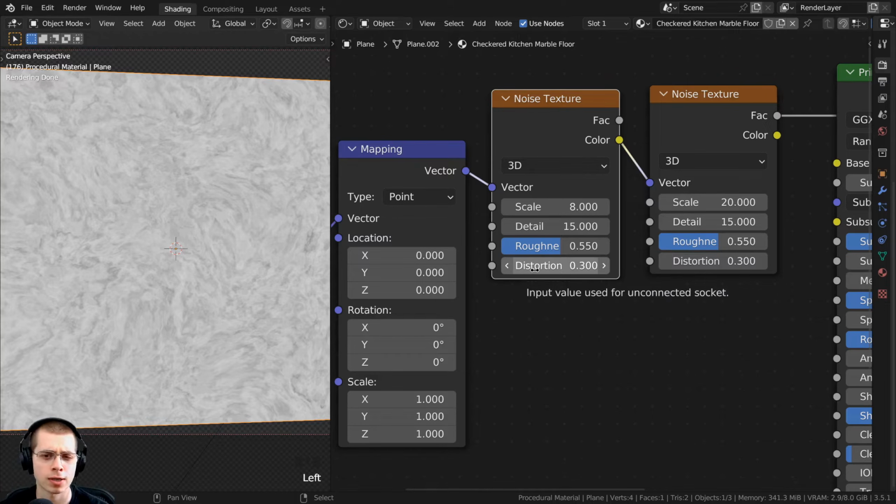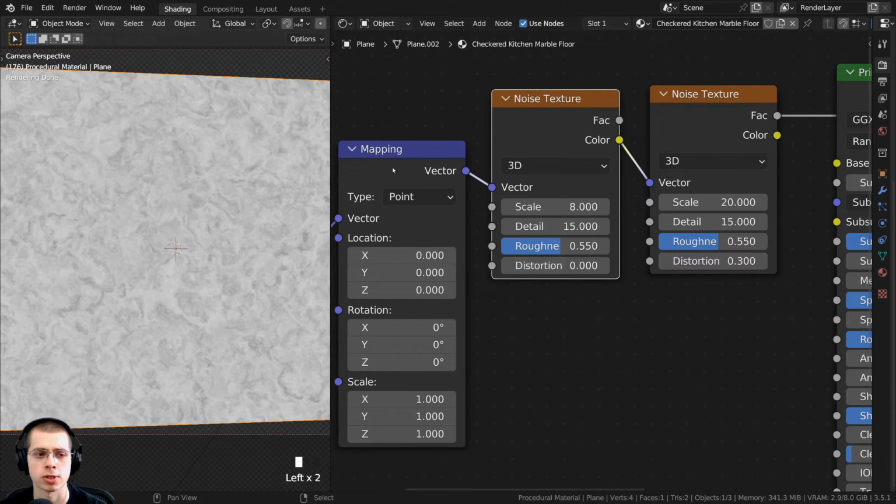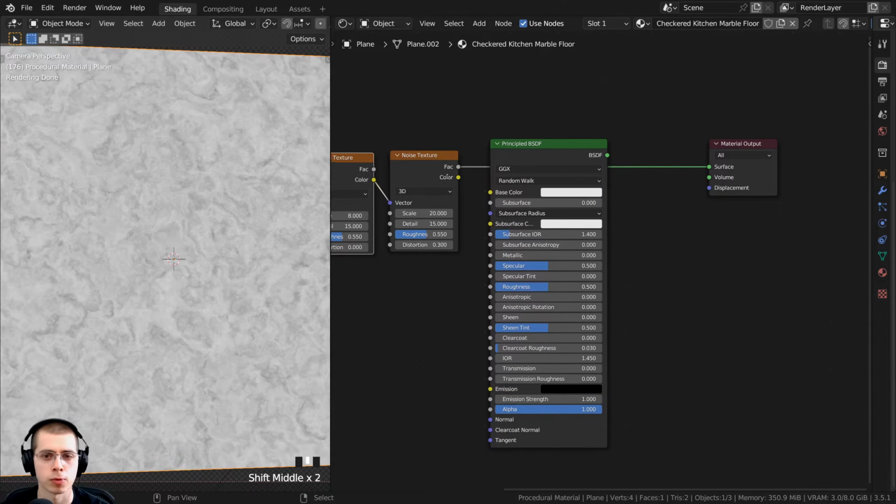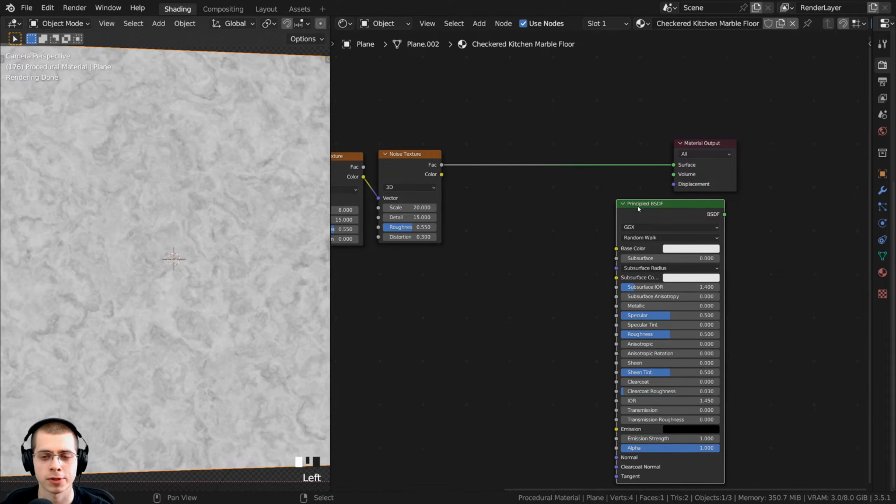But then I don't want any distortion, so I'll turn the distortion to 0. But now you can see we have a much more interesting marble texture. Now I want to make this marble texture look much more contrasty, so I'll bring the principled shader down, and